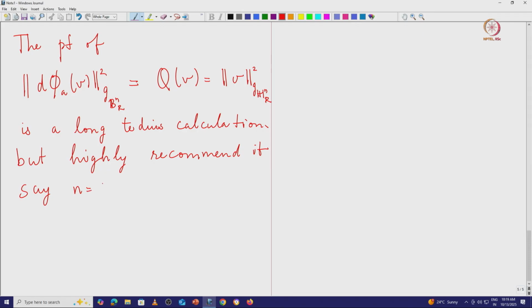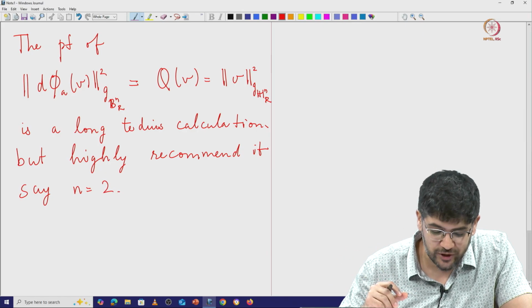So say at least for n equals 2, I would really recommend any student to really try to work this out,